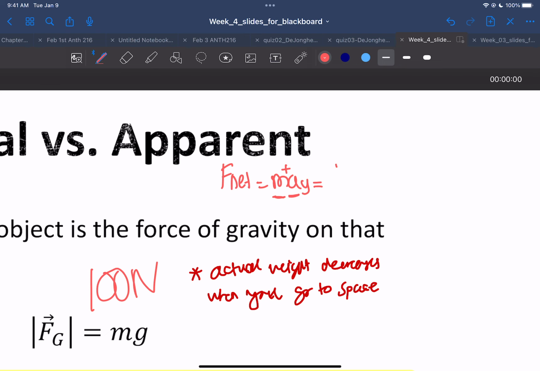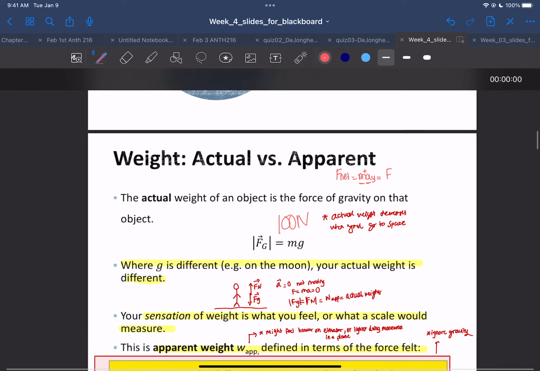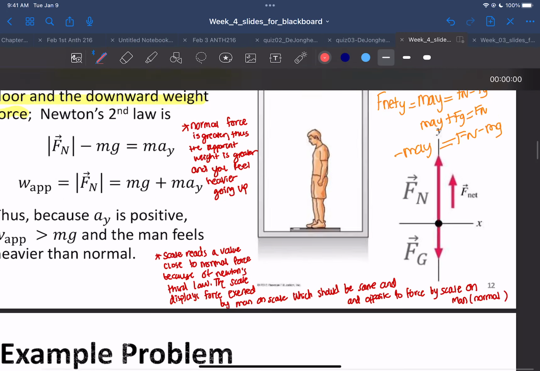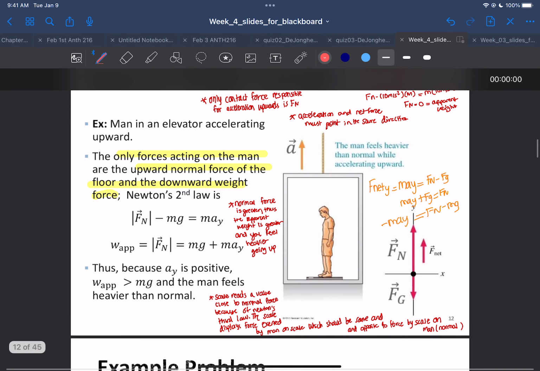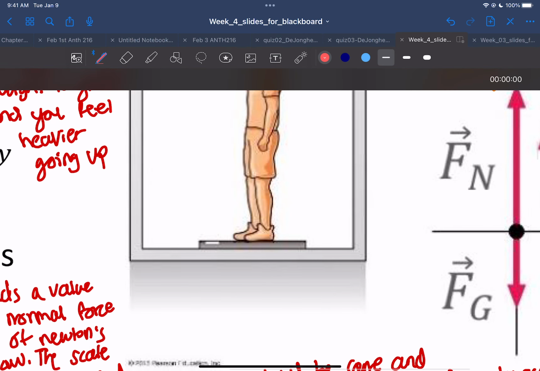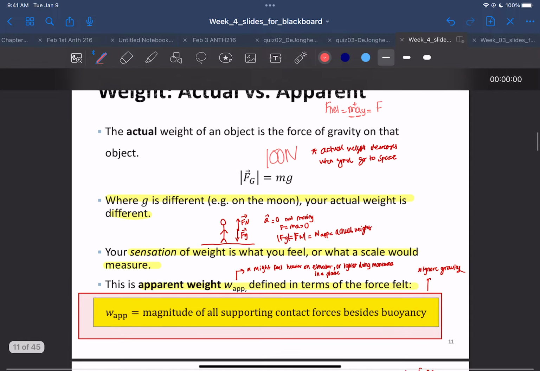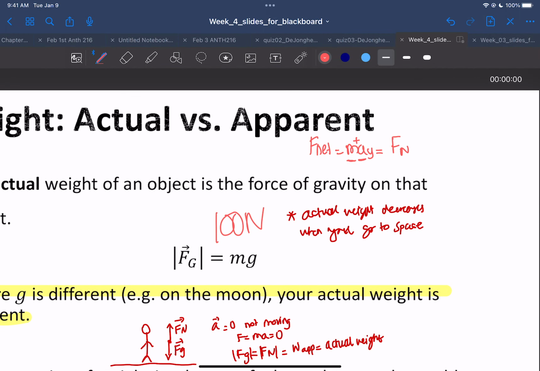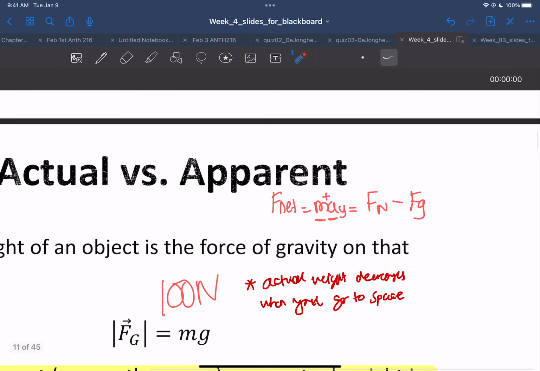And that's still equal to, if we're looking at what's going on inside the elevator, if you are stepping on a scale, then there's a force, like I said, the contact force, the normal force, that is pushing upwards against you to prevent you from sinking through the floor of the elevator. And then there's obviously gravity, pulling you downwards because of your weight. So that's the setup of our net force equation: Fn, normal force, pushing upwards, and a gravity force due to your weight pulling you downwards, naturally. Now, the idea here is that if I want to calculate what the normal force is,